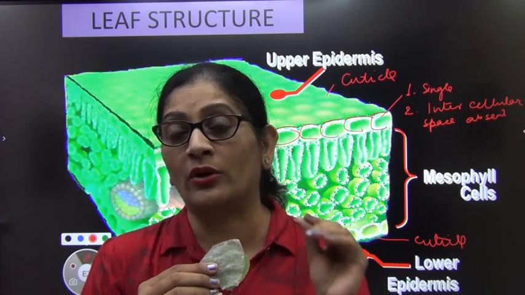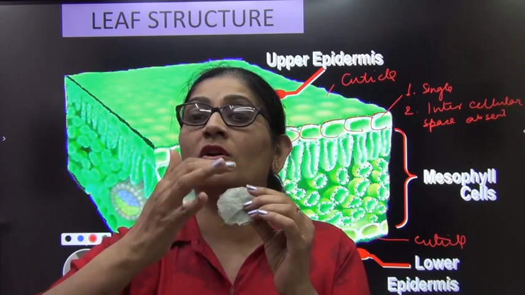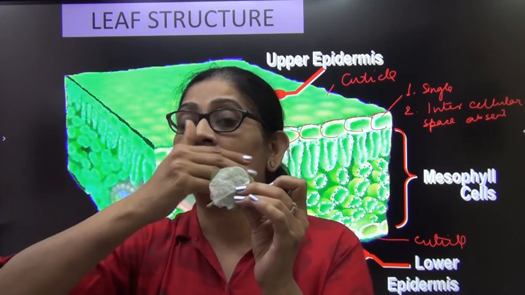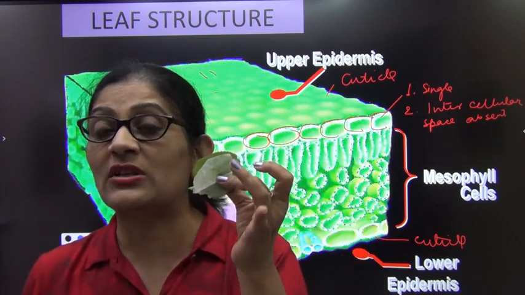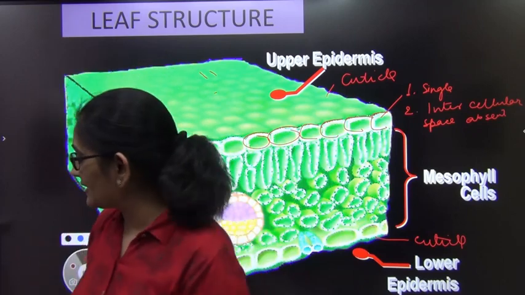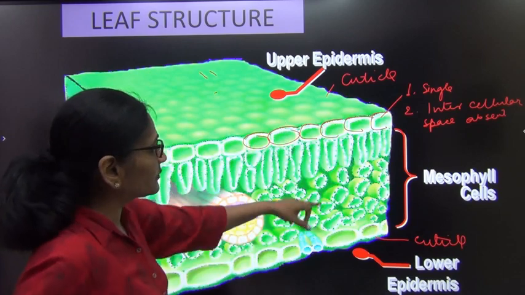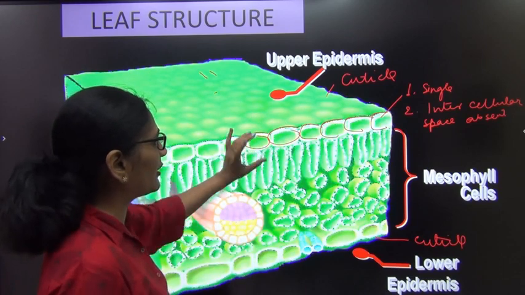Cuticle minimizes the water loss. As a result, now the water loss can take place only through those apertures called stomata. The other surfaces, the part of the surface is at least safe and secure. So you can see it has upper epidermis, lower epidermis, both of them. They have cuticle. So we were just talking about epidermis.